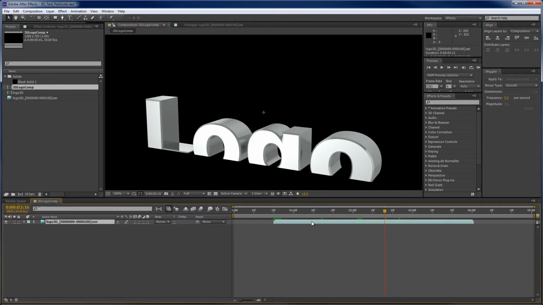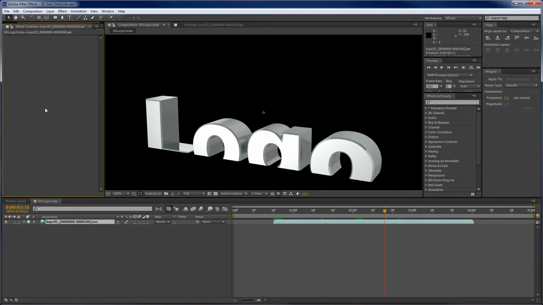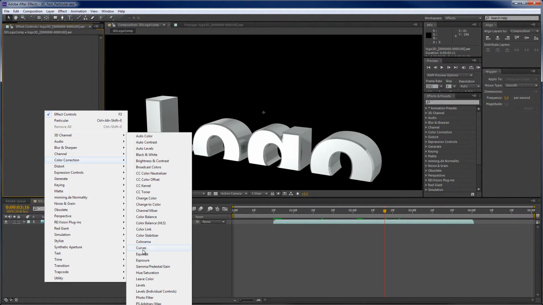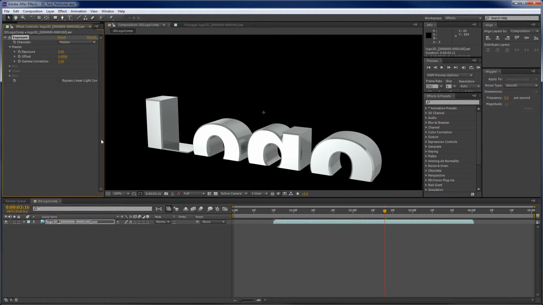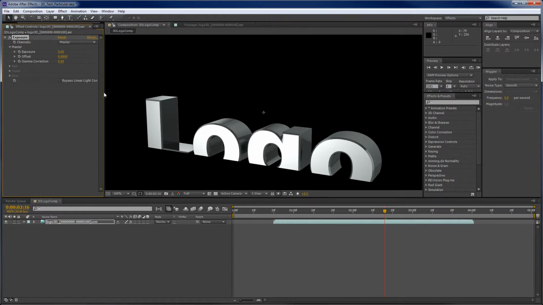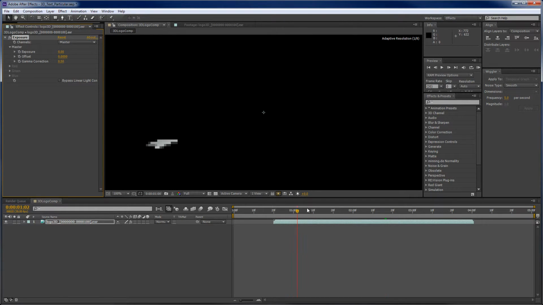Let's go to the Effect Controls window. First thing I'll do is add, under color correction, exposure, because the EXR files are linear, so they don't have any gamma correction in them. And gamma correction for Windows is 2.2. It's actually 0.4 something, but I just set the gamma to 0.5, and that gets us pretty close to the render. 0.45 I think is the actual correction, but this gets us back to the original render